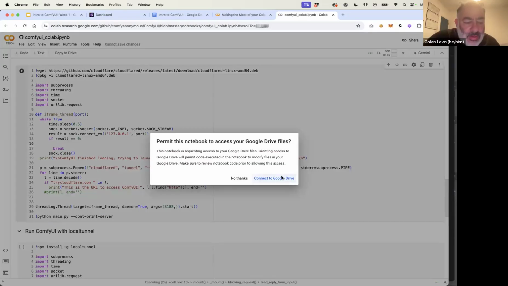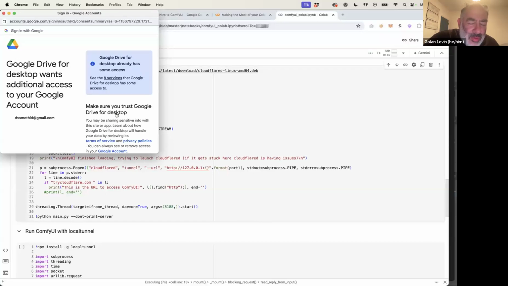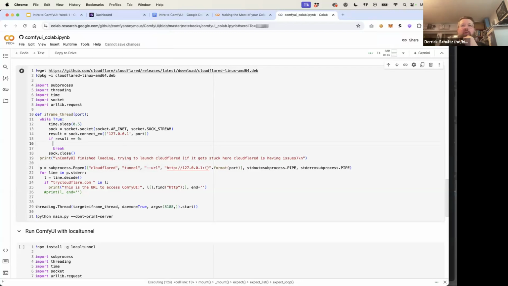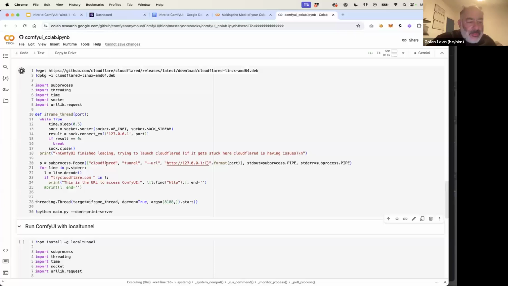Derek, could you just explain what you mean by the relationship between Colab and Comfy? Are you able to use both the user interfaces at the same time? Great question. Colab is a Jupyter notebook essentially in the cloud. What I'm going to do, if this works, is use Colab's GPU, but use the ComfyUI front end to interact with everything. It'll give me a little tunneled GUI that I can access and just use the Colab GPU behind the scenes.